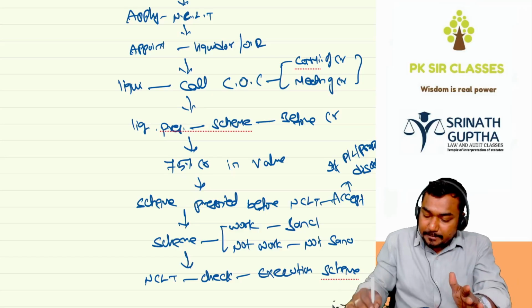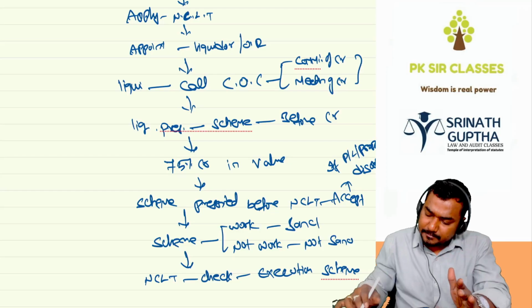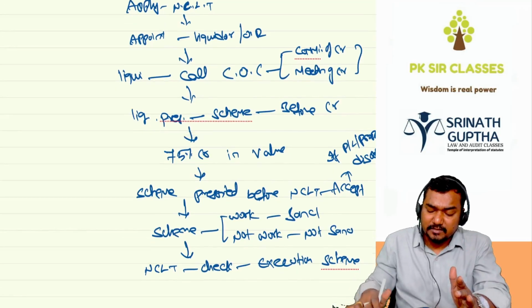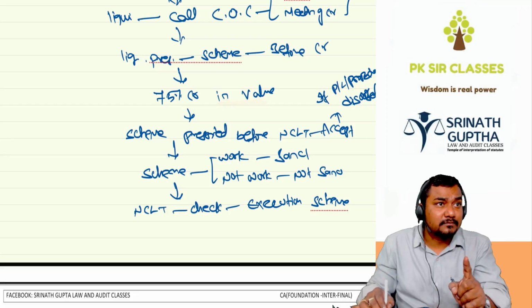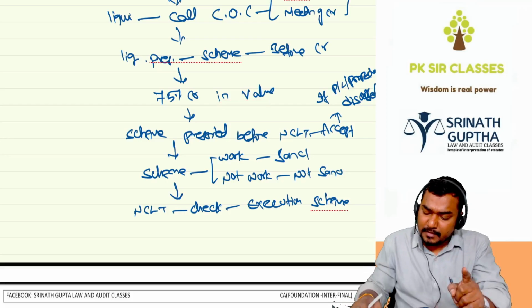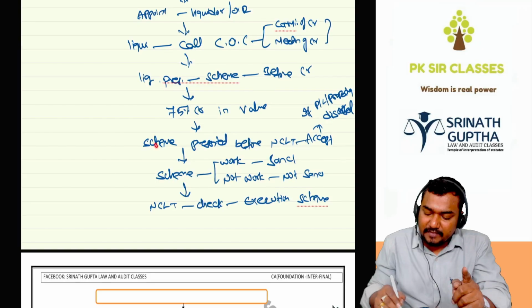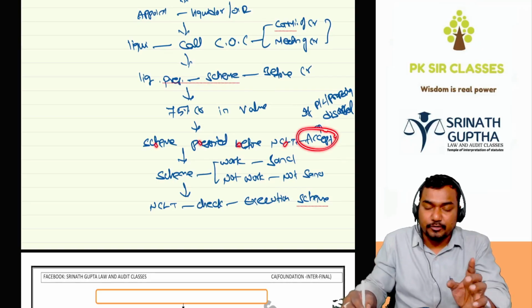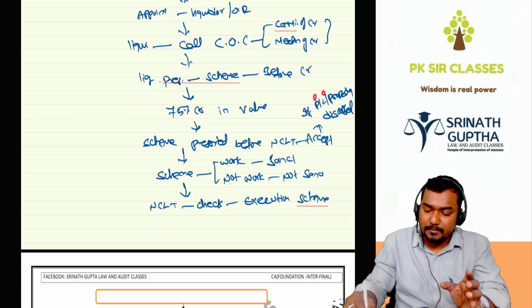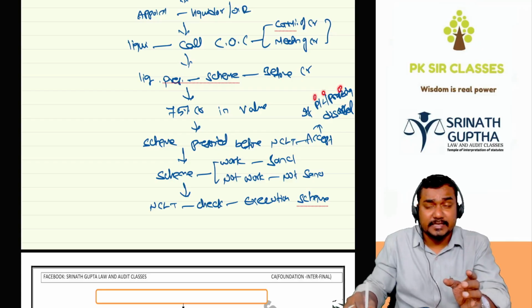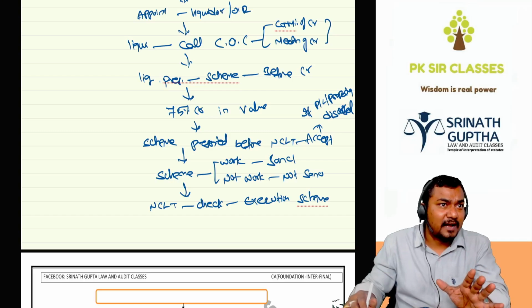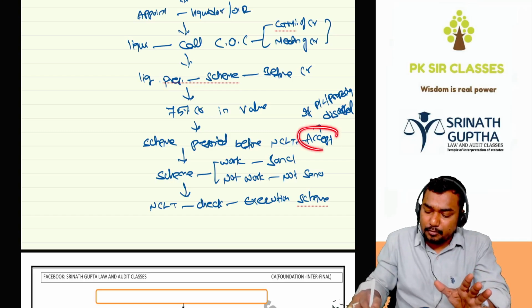Yes sir, no sir. It must be accepted by 75% of the creditors in value, not number. By 75% in value. And after that, the scheme will be presented before the NCLT. NCLT may accept the scheme if the LLP is presenting the assets, liabilities, pending cases and etc. clearly. If they are showing all the financials and all the effects properly, NCLT may approve the scheme.